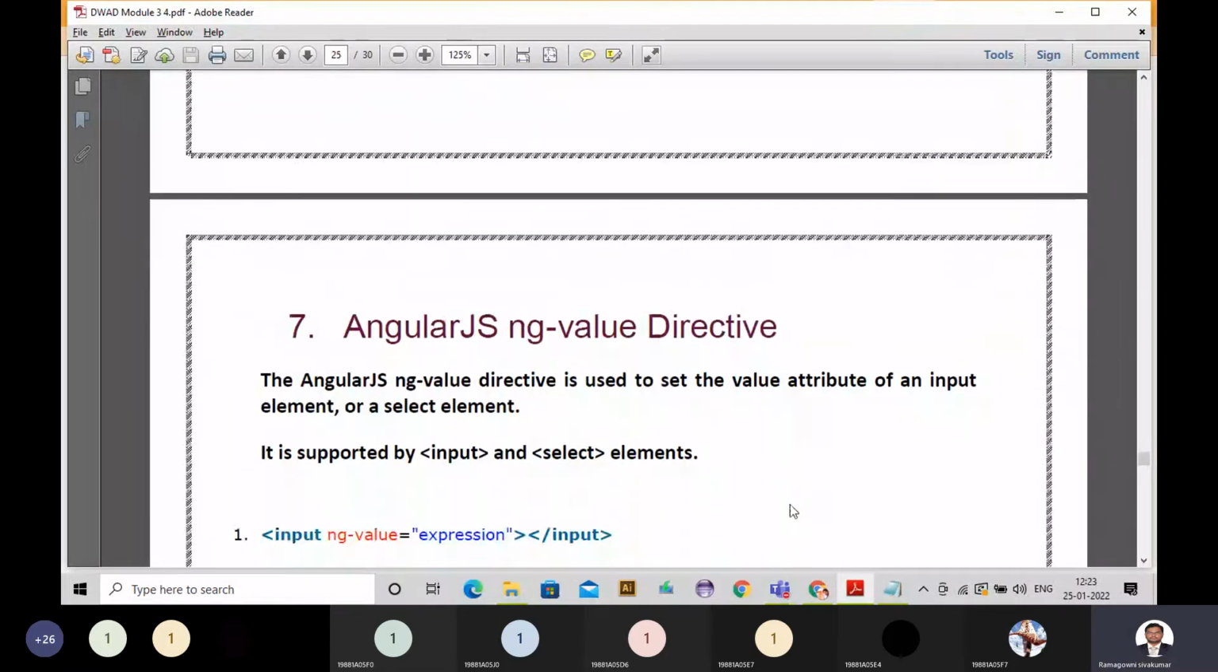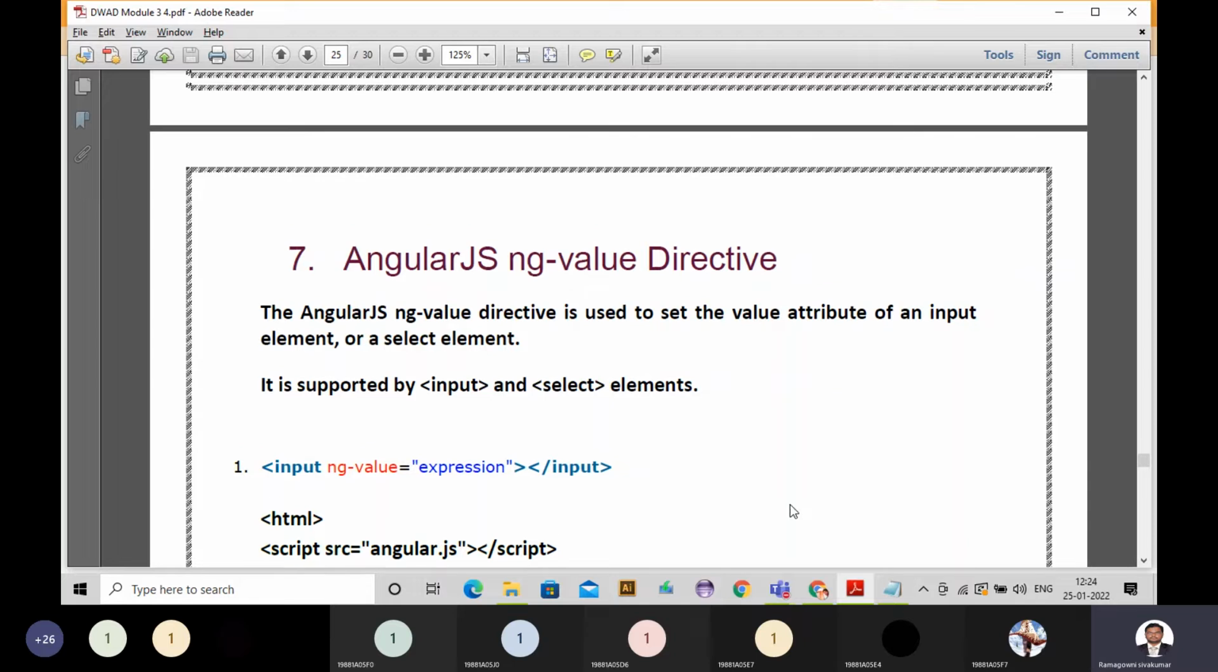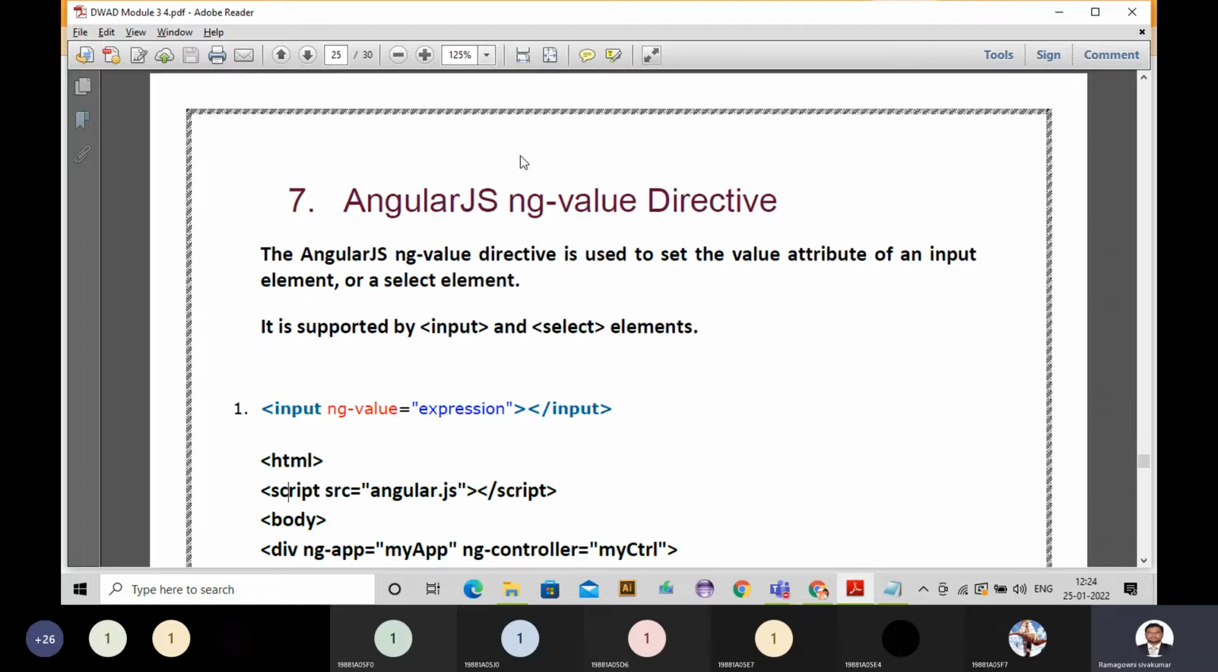All right. Next attribute is called the ng-value directive. What is the ng-value directive? You already know, in the text box, as you can observe in the above example also, you have given a value, right? Value equal to clear. What about this value attribute? The content we have written inside the value is going to be shown within the web page. Here, by using this AngularJS ng-value directive, we can set the value attribute of an input element or a